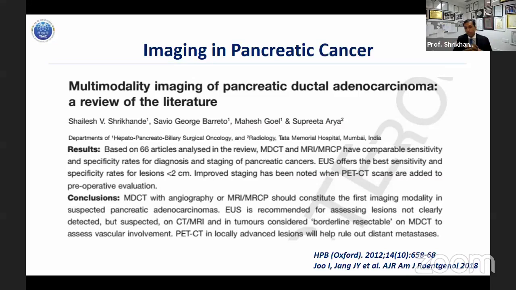This is very individual dependent. If there are specialized units which feel very comfortable with an all-in-one MRI, then I would say MRI with MRCP is as good as a CT scan. They are rarely complementary unless you are looking specifically for ductal anatomy with associated IPMN, etc., that I would add an MRCP to a CT scan, which is already well done.